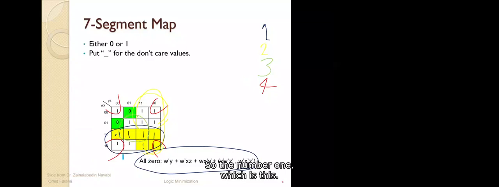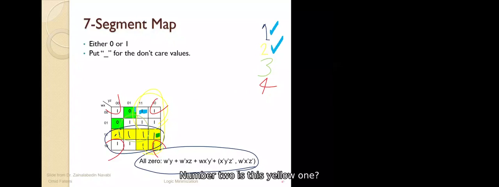So the number 1, which is this, these 2, no, this is not covered by anything. So it makes it essential. Number 2, which is these 8 ones. So for example, this cell. So number 2 is essential. Now, yeah. Which one? 8 and 8. Yes, 8 and 8. Yeah. First one is this 8. Second one, number 2, is this yellow one.